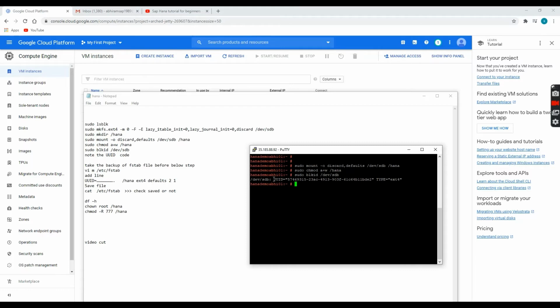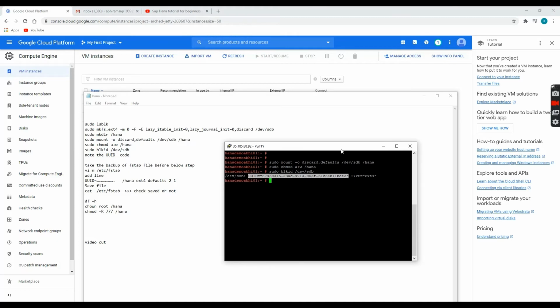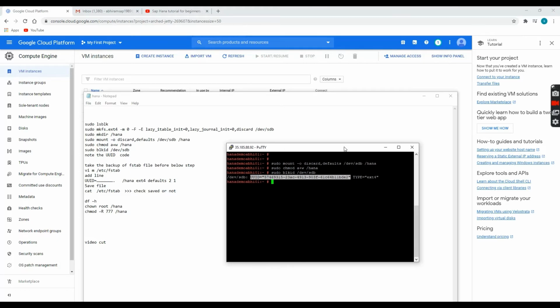Okay, we need to note down this UUID code and we need to paste it in fstab. So before doing this, we need to take the backup of the fstab. Okay, if fstab is corrupted, the whole file system will be corrupted. So we need to make sure that we take the backup of fstab before editing it. Okay. First we need to go to